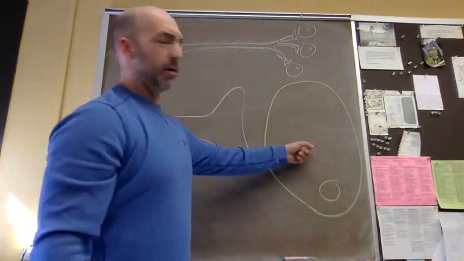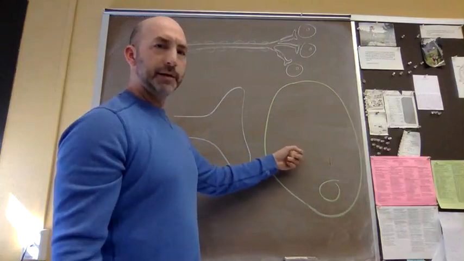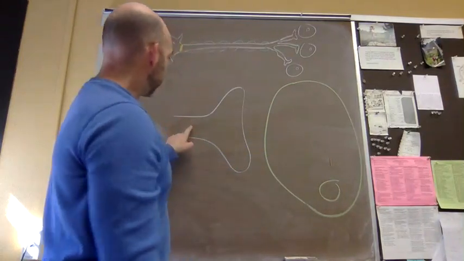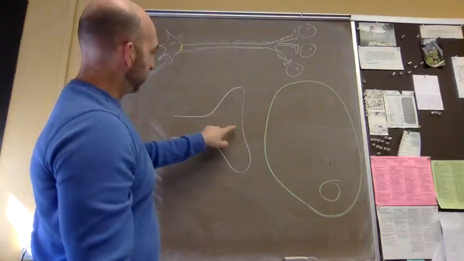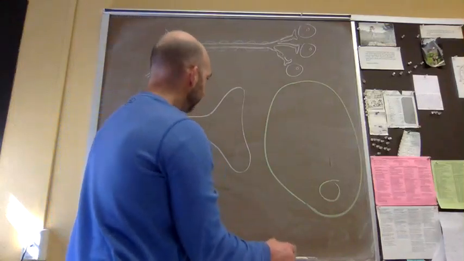All right, now this could be another neuron. I'm just drawing it as a generic cell here. Could be another neuron though. This is our presynaptic neuron, right? This is our synaptic knob, synaptic bulb, and